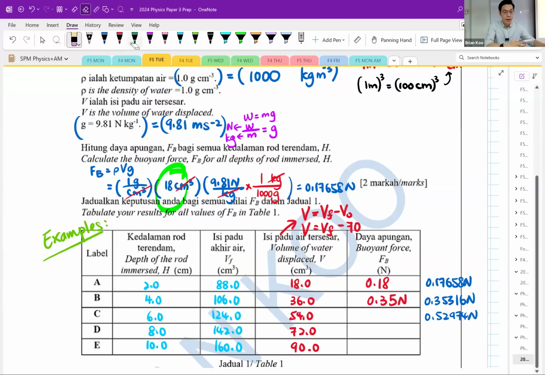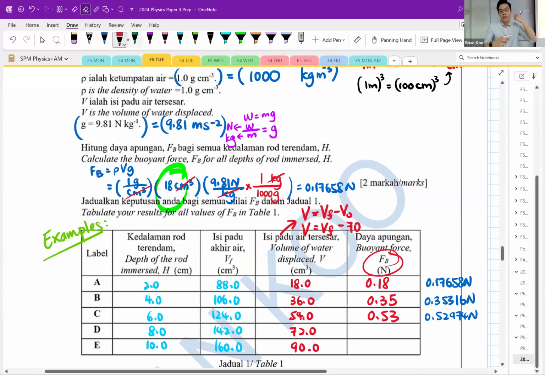Oh yes, you don't need the N there, because the Newton is already up here. Actually don't need to write Newton again. But be careful, in your table you must have all the units. I know I said this many times already, but this is the place where people lose marks. Same decimal places, please.